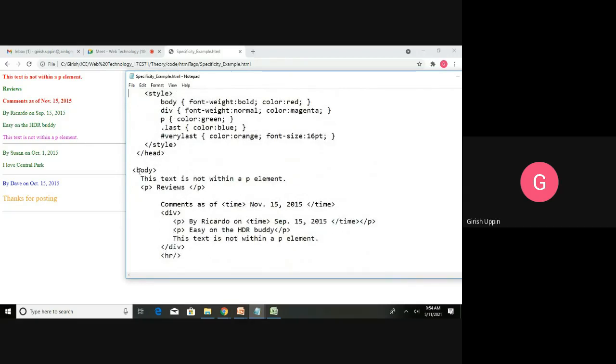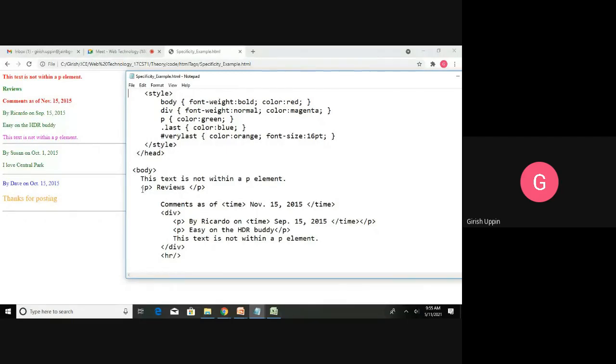So inside the body, this is not inside any paragraph or anything. This text is not within a p element, so it will follow the style of the body, bold and red. You can see this text not within a p element is shown with bold and red, which is inherited from the body.